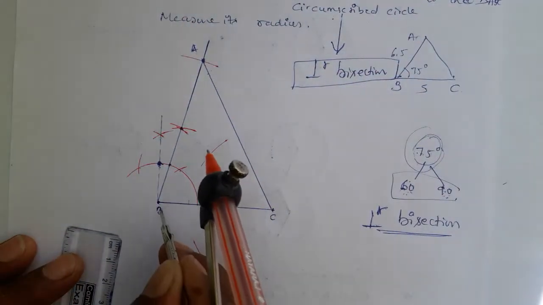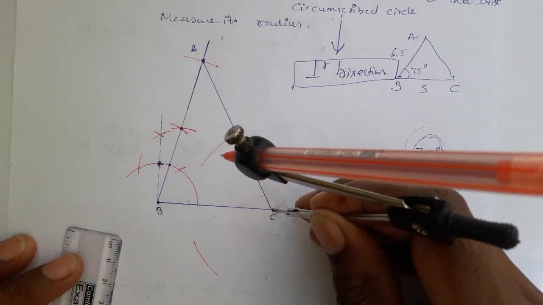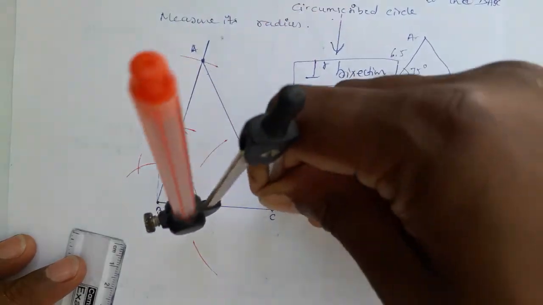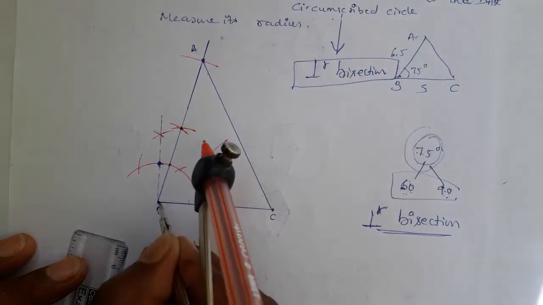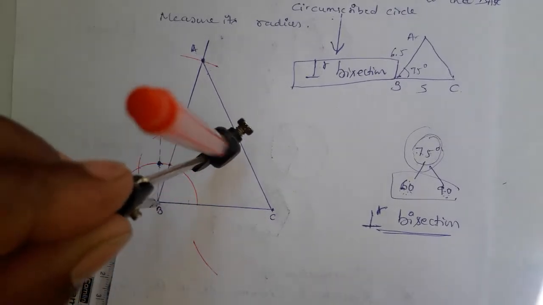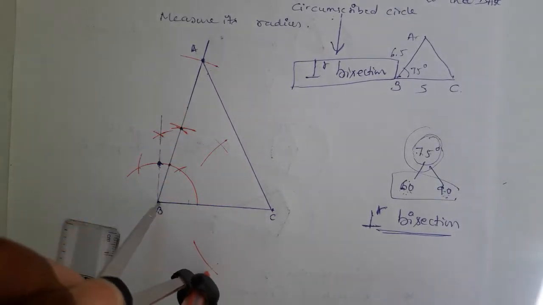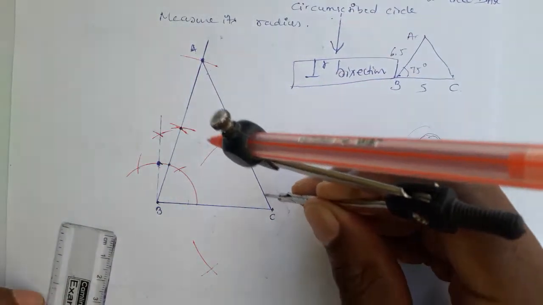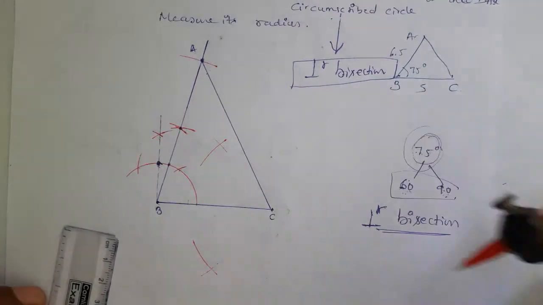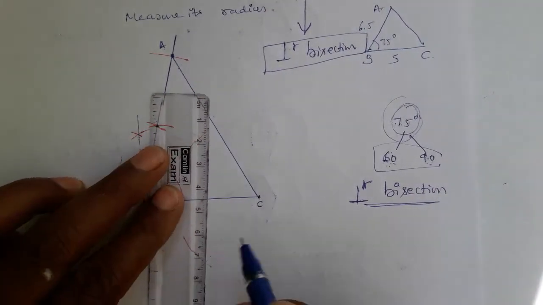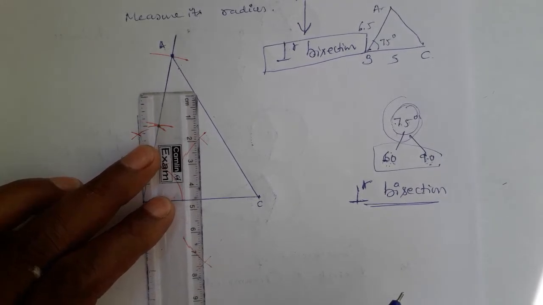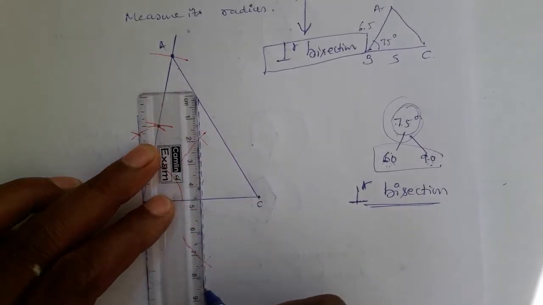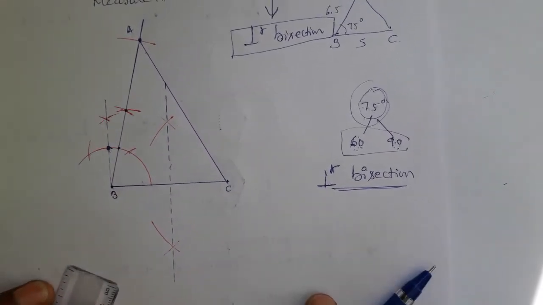The same measurement you have to keep at B, because you took more than half of BC. Once you take more than half of BC from C and two arcs are completed, go to B. Therefore, we have to keep the compass at C once and at B once. If you take BC more than half, from C two arcs, from B two arcs, then both the arcs meet each other, right? Like this. Now join both the meeting arcs by a dotted line. Remember, this perpendicular bisection we always mark by a dotted line. One perpendicular bisection is over.